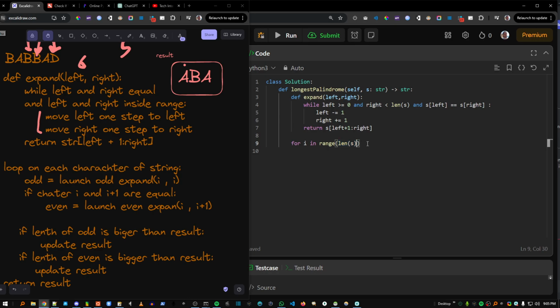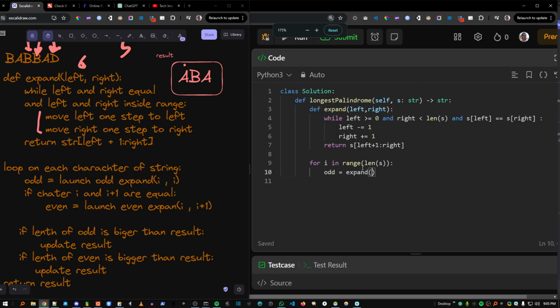Okay. Is that what we want? Okay, I think that's what we want. And then add, or like odd equal, we're gonna launch expand, zero, no, not 0, I,